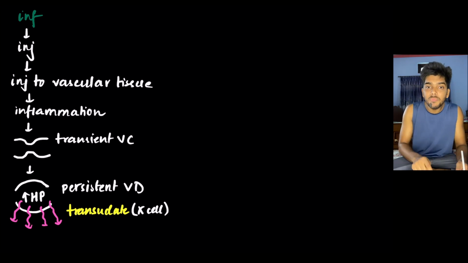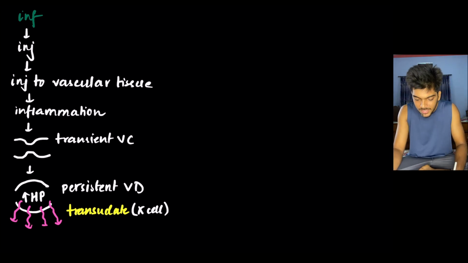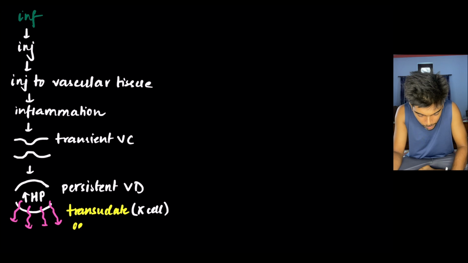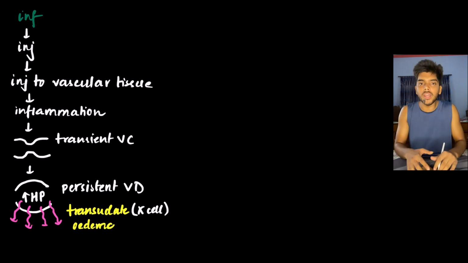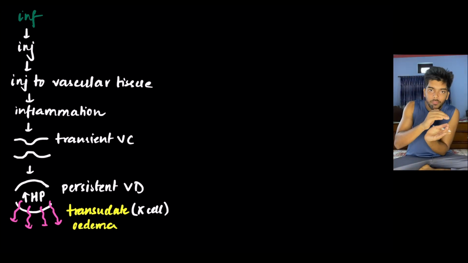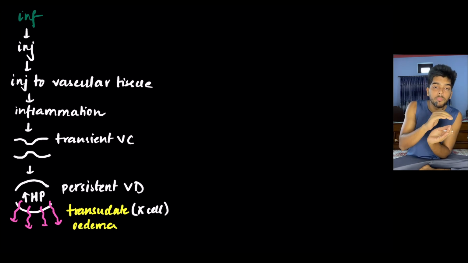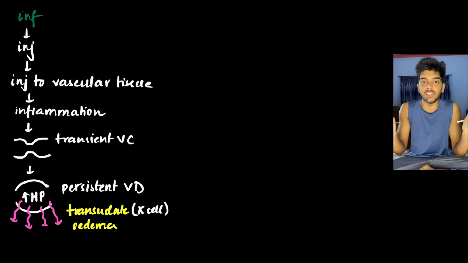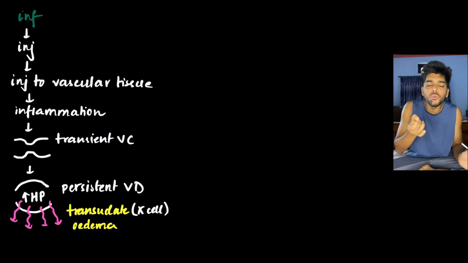Here, since the edema is due to transudate, this is transudate edema. So first, what happens? Due to dilation of the blood vessel, there is increase in hydrostatic pressure within the blood vessel. This leads to fluid being pushed out of the blood vessel. This fluid contains little to no cell, so it is referred to as transudate, and transudate leads to transudate edema